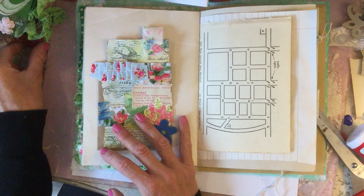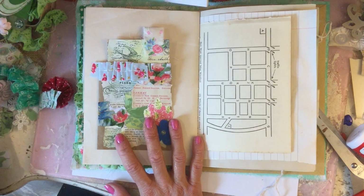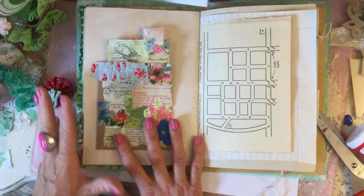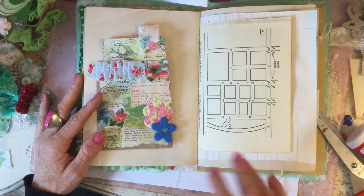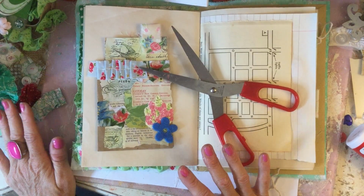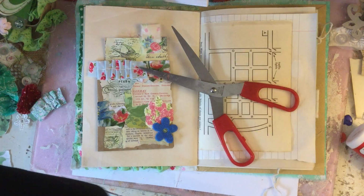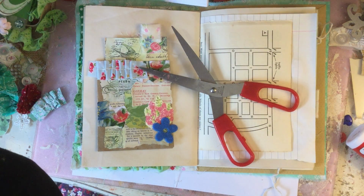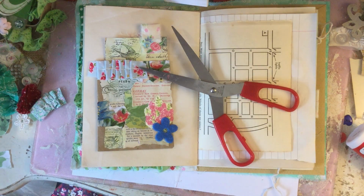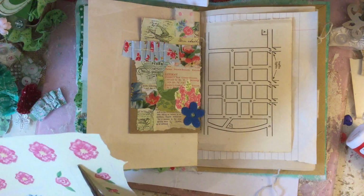We could pop a little ruffle down, a little flower, or some lace. Strangely enough, I'm not really using lace too much, I don't think I've used it at all in this journal. To me, it doesn't feel like a lacy journal. That may sound a bit strange, but that's just how I feel right this second. That doesn't mean I won't change my mind, because never say never, who knows what we might end up using in here shortly. So I've got a couple of the rosebuds,